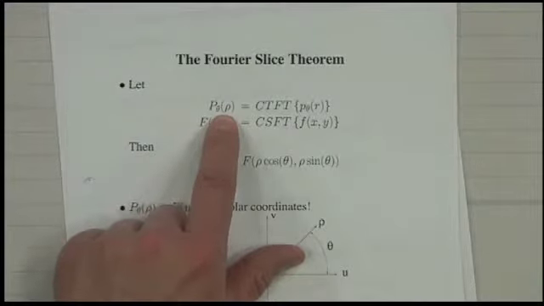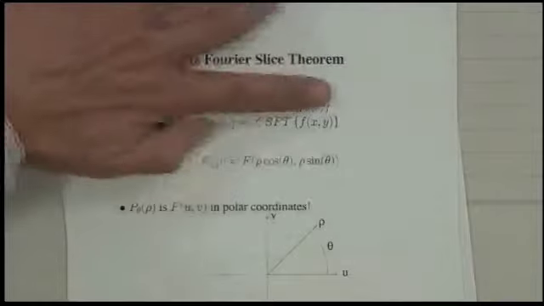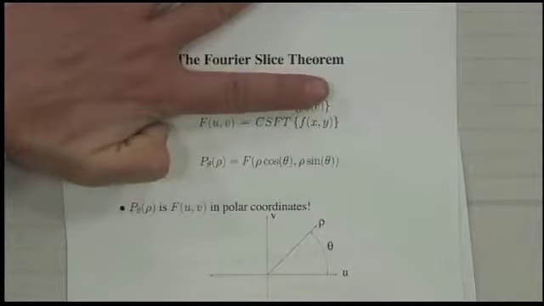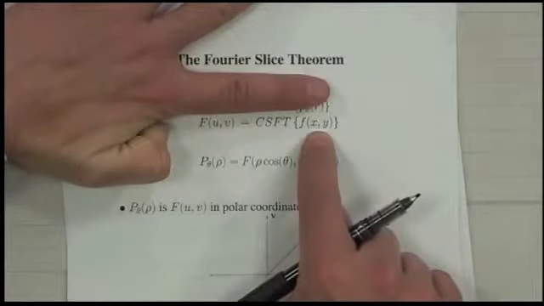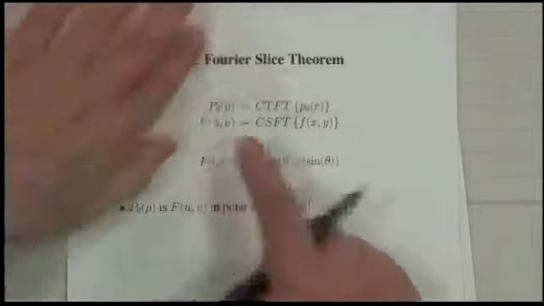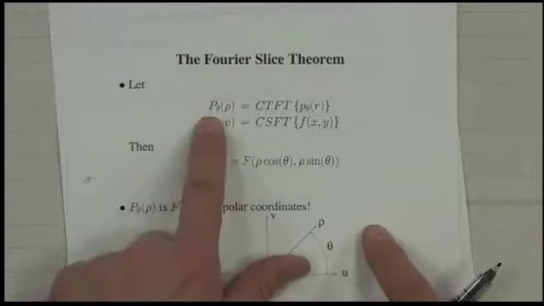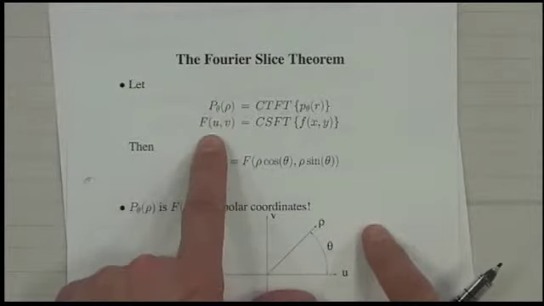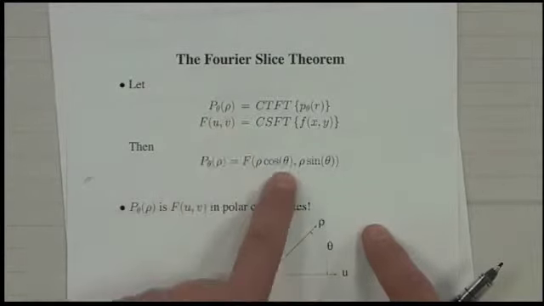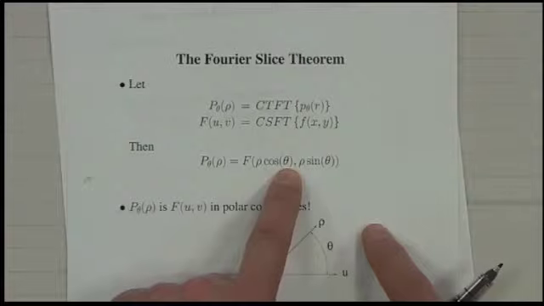Now you'd say, well, why not use f? Well, because it's going to get too confusing if we use f. So I'm going to use rho. Rho is serving the function of frequency. And then, of course, I can always take the continuous space Fourier transform of the 2D object, right? And that's F of u,v. So what's the relationship between this and this? Well, it turns out that P of theta, rho is just the continuous space Fourier transform in polar coordinates.